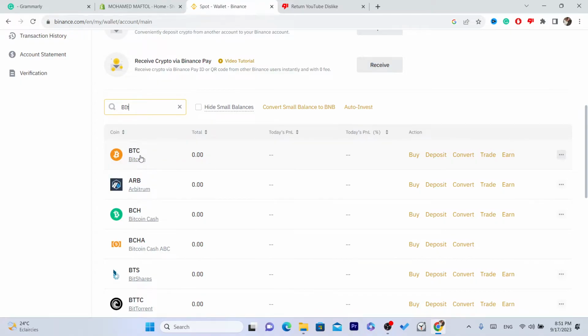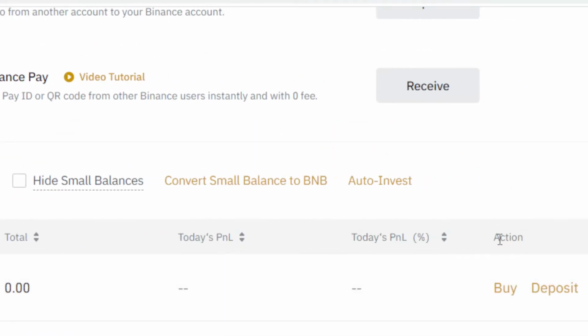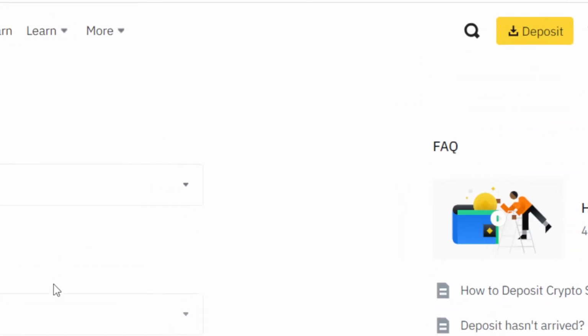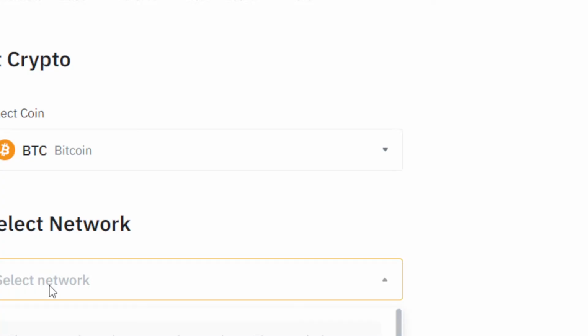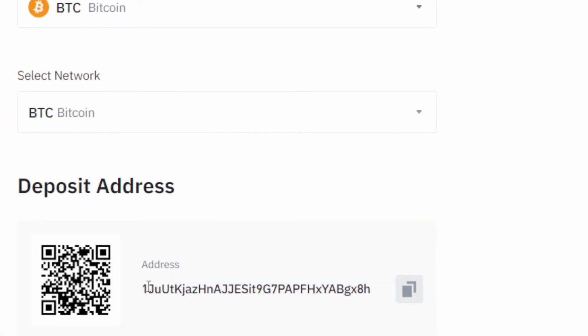This is Bitcoin, as you can see. So next to that, in the action section, you want to click on deposit. If you click on deposit, you want to click on select network, which is Bitcoin, and this is your wallet